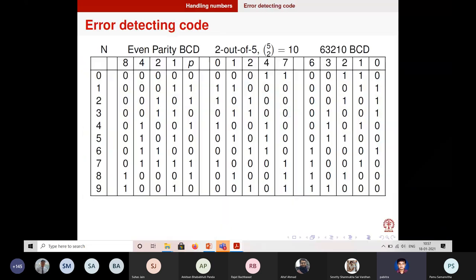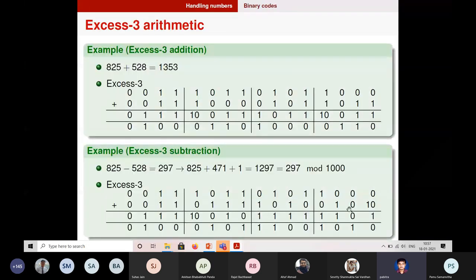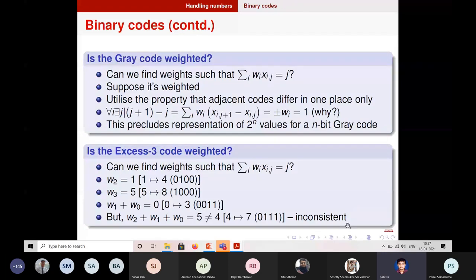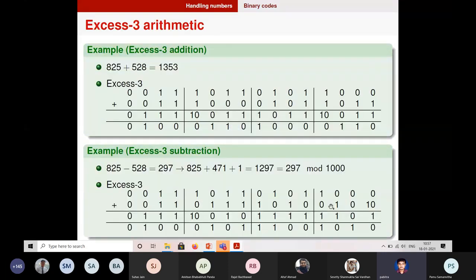And for each of these code representations, for example, XS3 and others, you can have corresponding arithmetic operations, which basically do a simple binary addition, but do a correction or a compensation by a suitable 3 or 6 or whatever to correct the carries, in the case of carry outs. Okay,